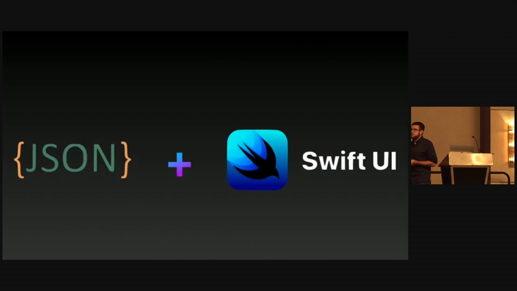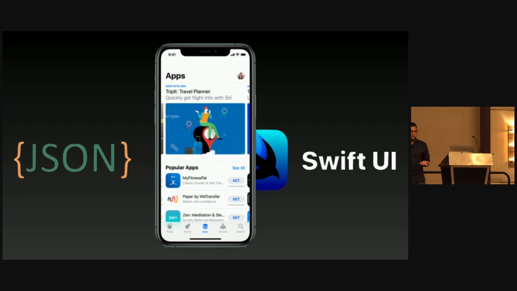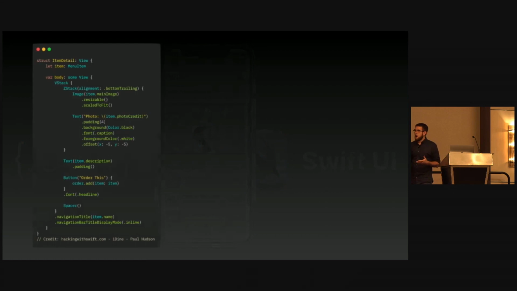What am I going to talk to you about today? We are going to look at how you can make a SwiftUI app with JSON. So far, nothing special. I'm pretty sure everybody's underwhelmed at this point because that is a problem that has been solved many times before. There are tutorials all over the place. And we're not going to specifically talk about the easy part of it. We're talking about different methodologies and different technologies you can be using, and how to best do it in different scenarios.